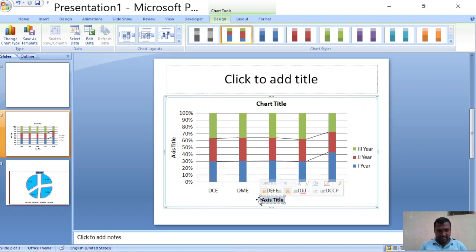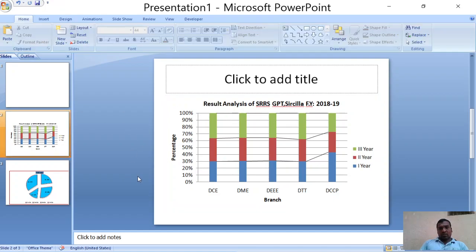So the axis title here represents branch, and this represents percentage, and the chart title is result analysis of SRRS GPT Cecilia for the academic year 2018 to 19. Now it is clear, right?